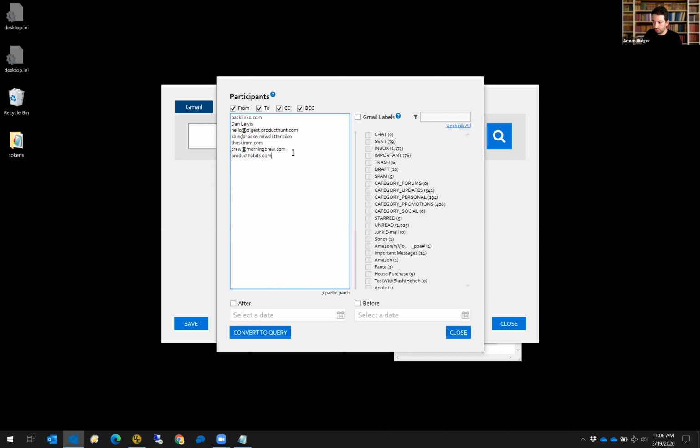The important thing to note here, and one of the questions I get is, these participant fields are ORed among themselves. So it is going to search for this domain in the from field or in the to field or the CC or the BCC field, and the different search criteria like participants and the date range and the labels are ANDed among themselves. So if I also put a date restriction here, like I did earlier,